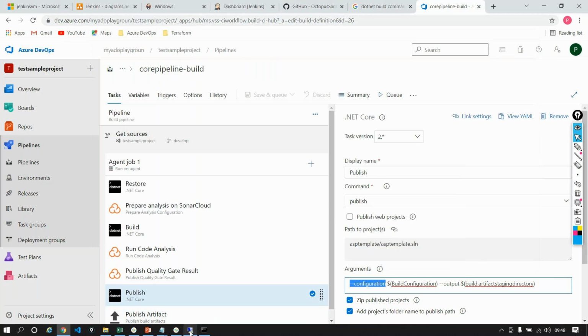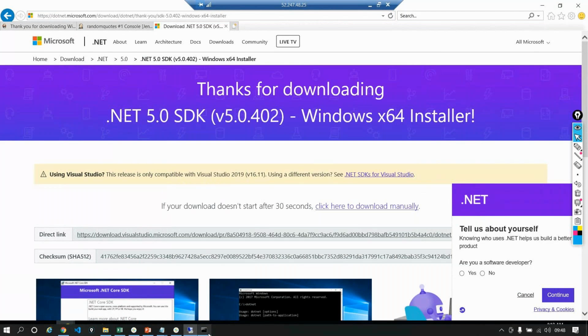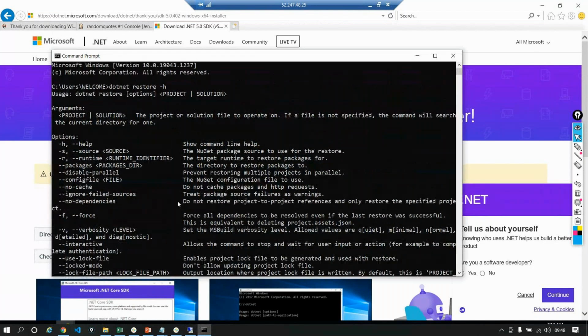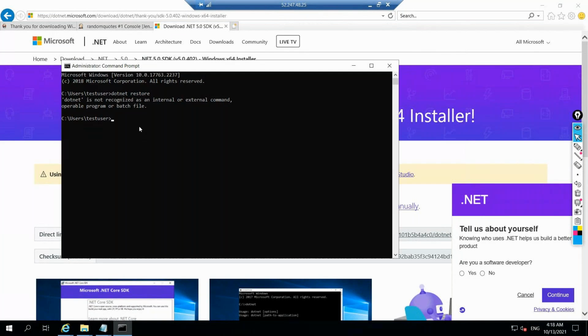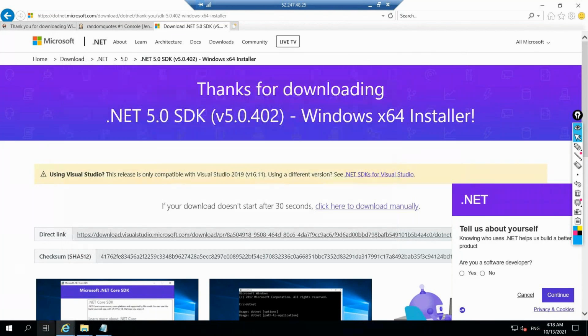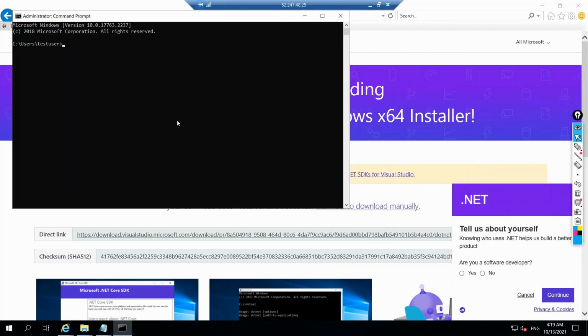So I have installed the .NET Core SDK. I'll say close, and now, okay, why did this open? Okay, fine. This is my local machine. If I open this out, let's close this out. Let's open a new session and try to do a .NET out here. Say .NET